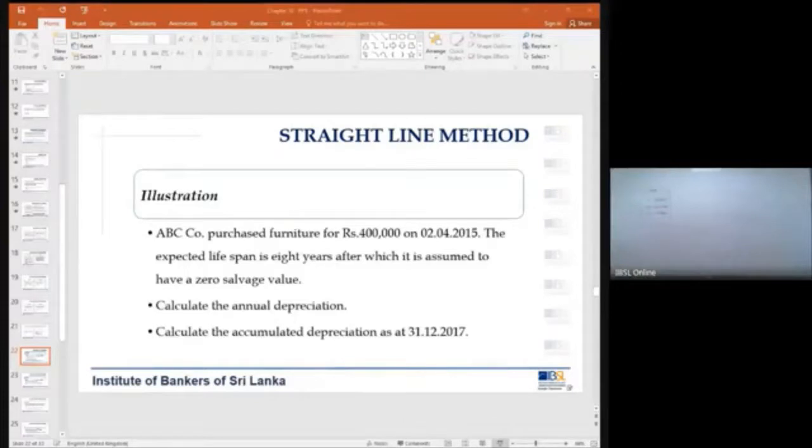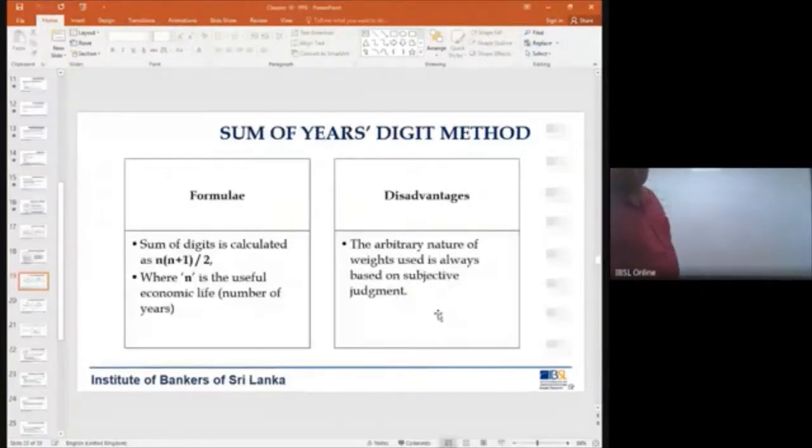So what did the sum of digits method say? You need to calculate a factor to allocate depreciation. In order to calculate this factor, you need to calculate a number which is called the sum of digits. So how do we calculate the sum of digits?